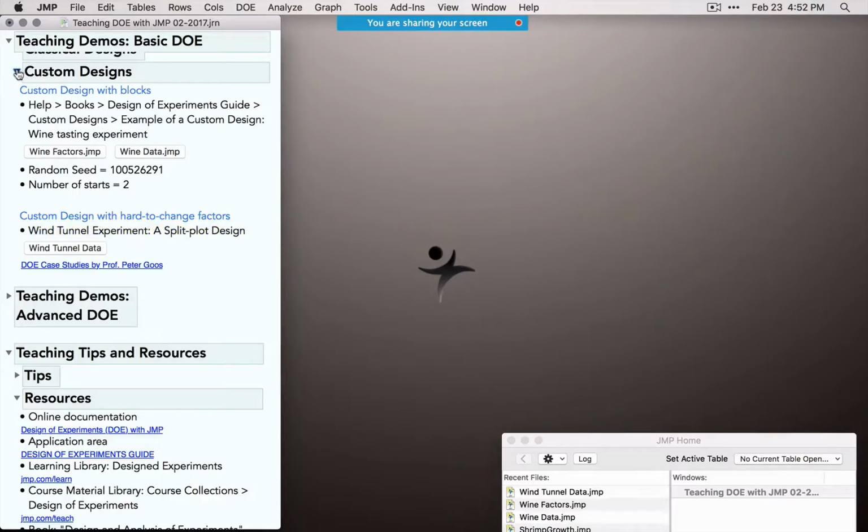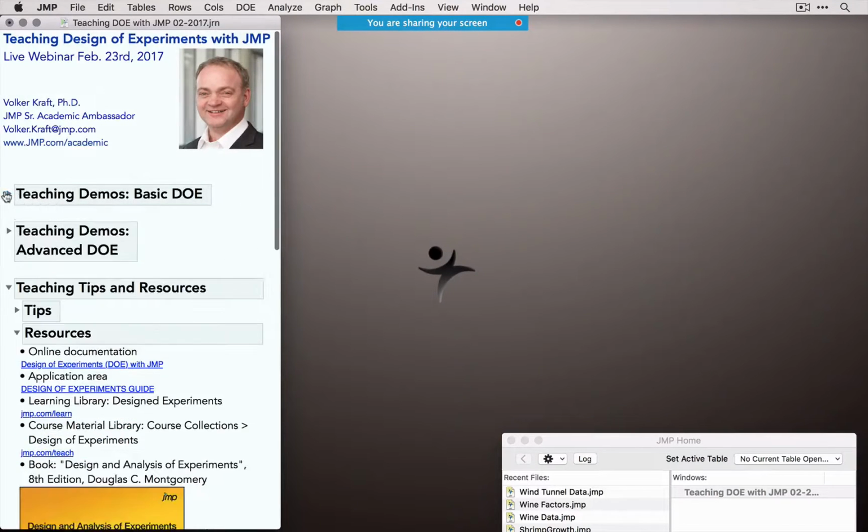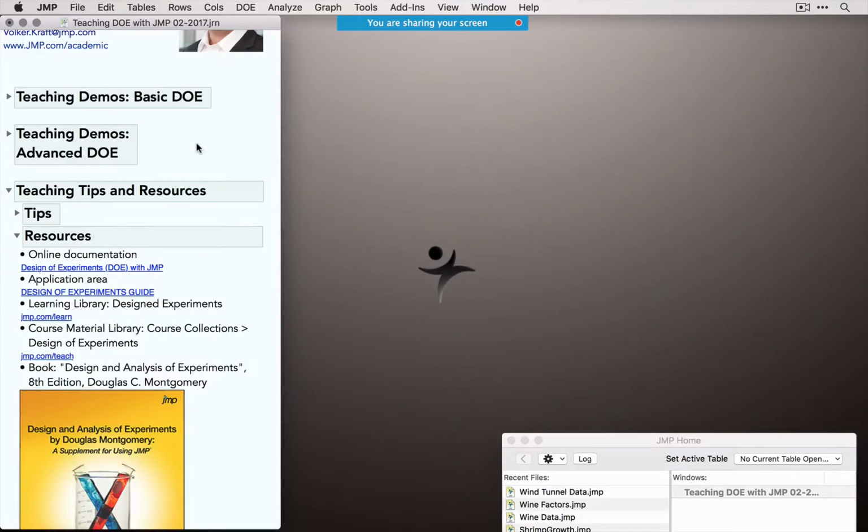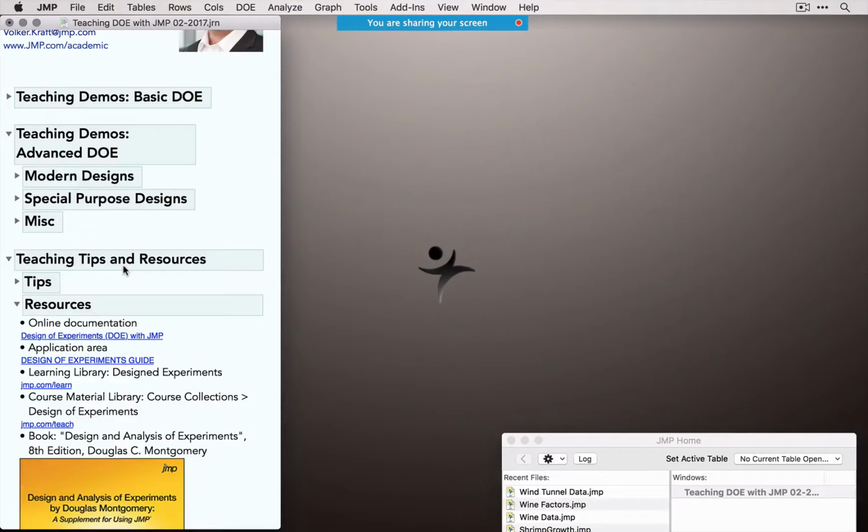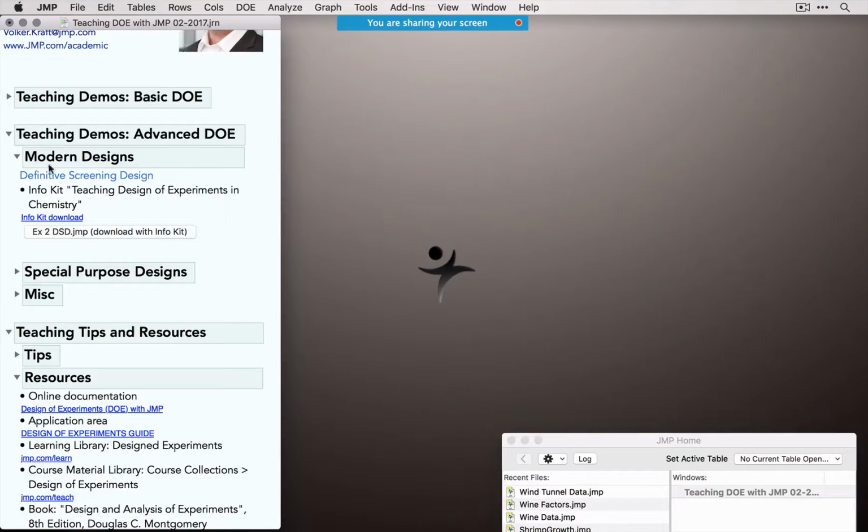Okay, these were the most important demos I wanted to give for teaching, and these are the basic ones, but they include a real-world tool, the custom designer, which is the universal one-stop shop for getting an optimal design in many different situations. I just want to mention a few advanced DOE approaches. So modern designs, of course, here we have the definitive screening design we have to mention. And there's an info kit which really explains